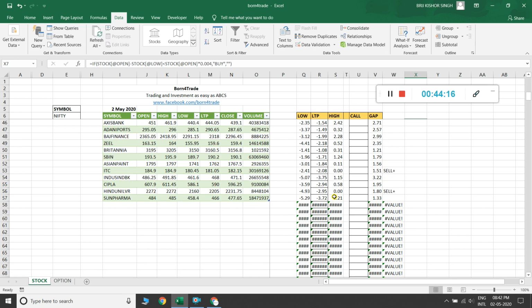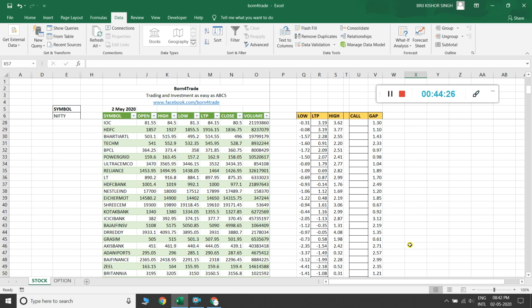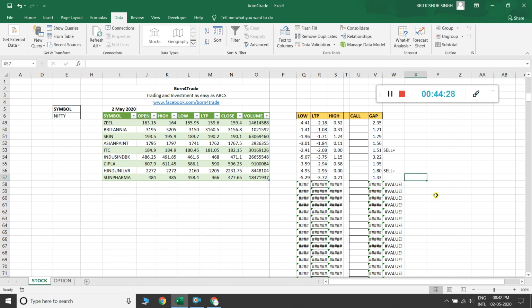I'm making the same logic for the sell signal. I'm taking within 0.4, then I apply this logic to generate the sell signal. Okay, then I put a plus sign, then open minus high.